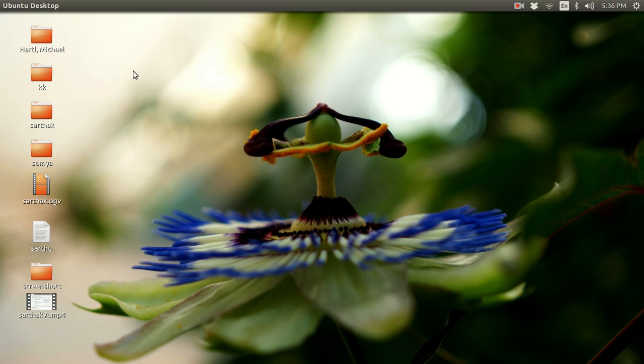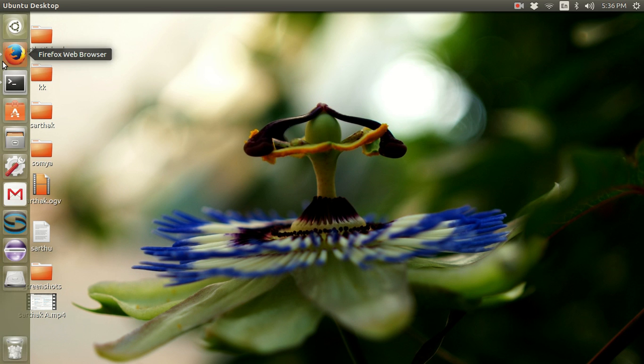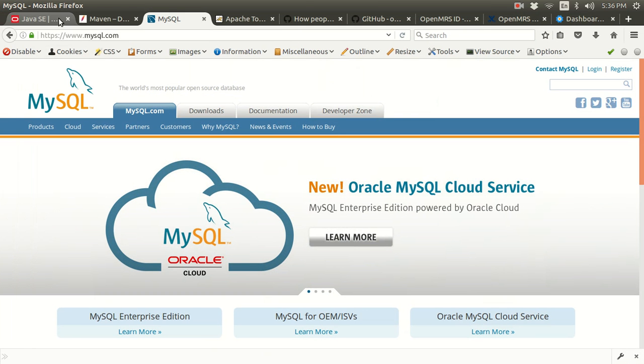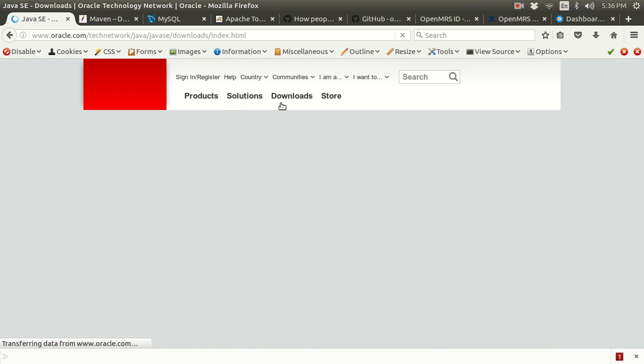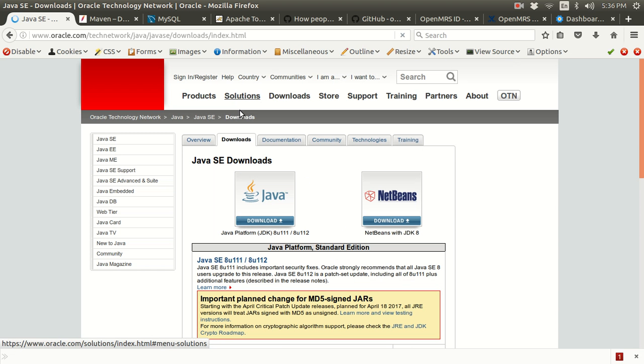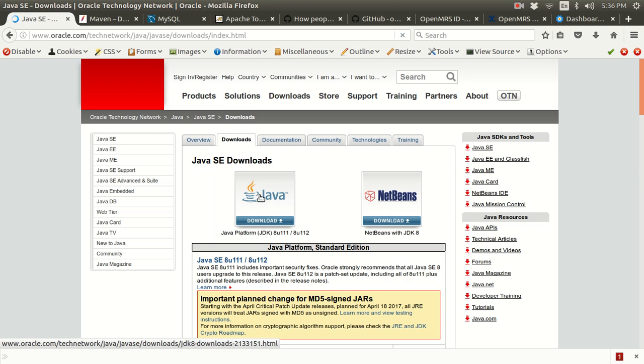To set up the developer environment, you just go to your browser and write JDK, and you will be directed to the Java official website. Java is used for deploying Java applications on desktops. To download this, go to the download tab and you are going to see the Java platform. So you click on this download,